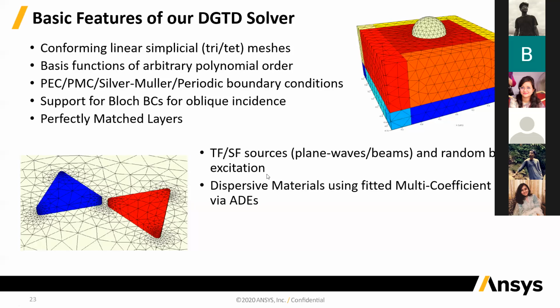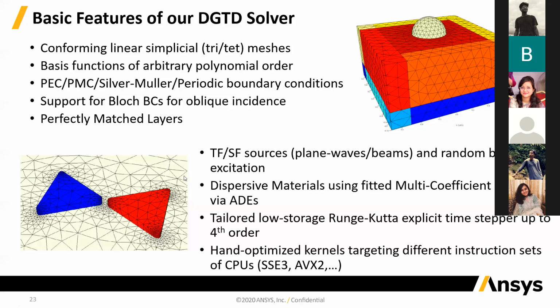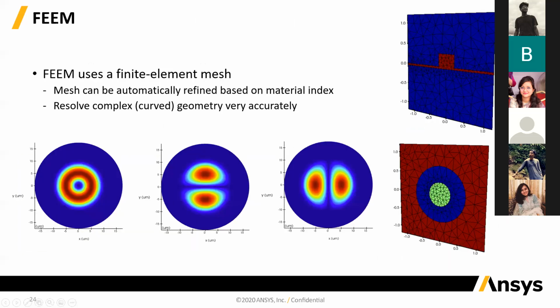So yeah, bottom line here is, in some particular applications where you have very complex geometry and FDTD or FDE simulation can be very time consuming, or you need that extra accuracy, DGTD can be an optional tool. And just like DGTD, FEEM is another optical solver that also uses finite element mesh. This is similar to the FDE solver in MODE. This is also an eigenmode solver, and it allows you to simulate the optical mode of waveguides or fibers.